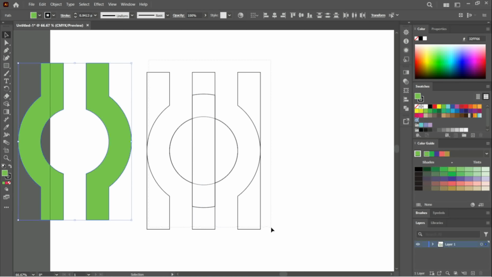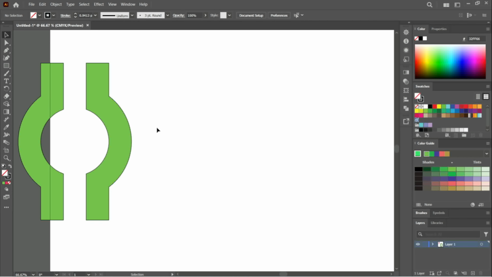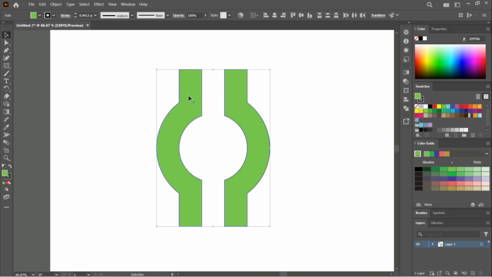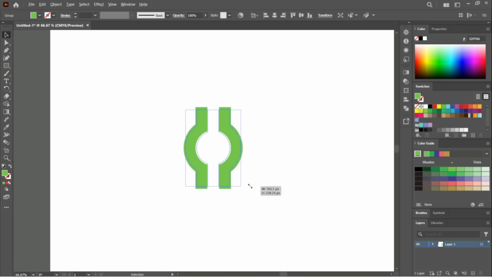Let's remove the lines and let me put it right here. Set the stroke to 0. Align this, Control G group it, and also need to scale this. Now what we need to do, we are making this for a group of companies, so I'm going